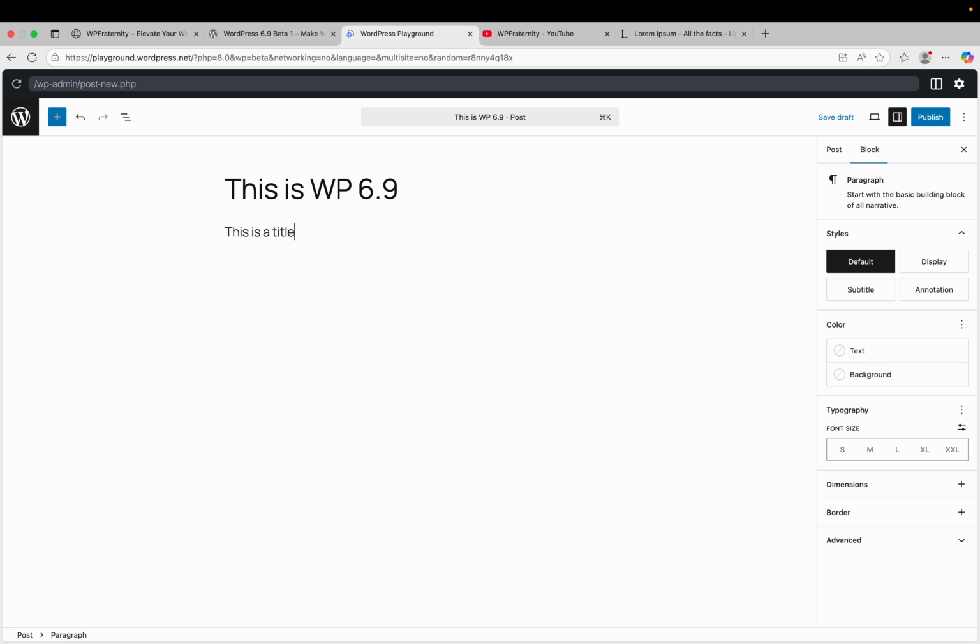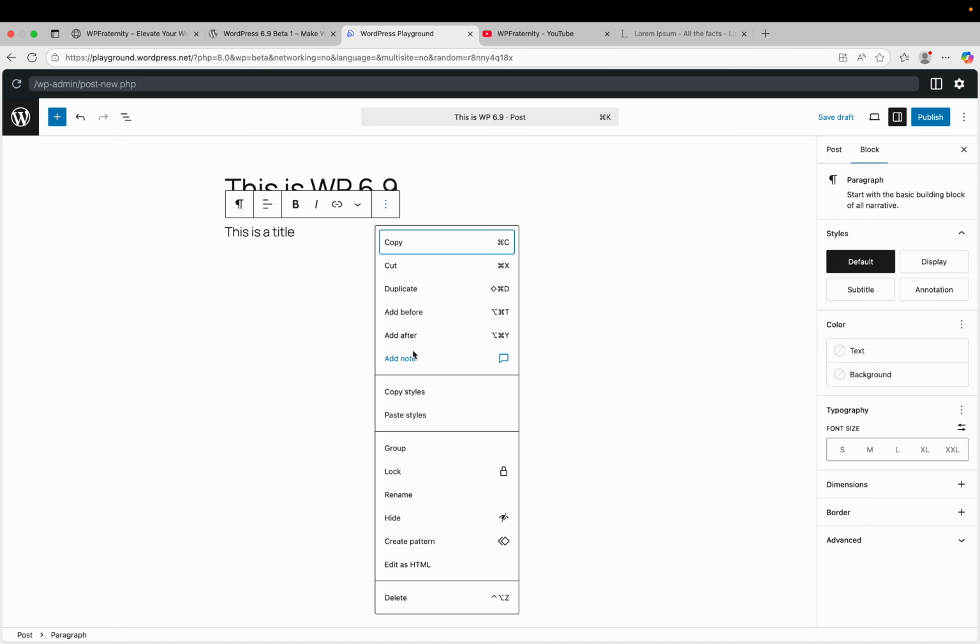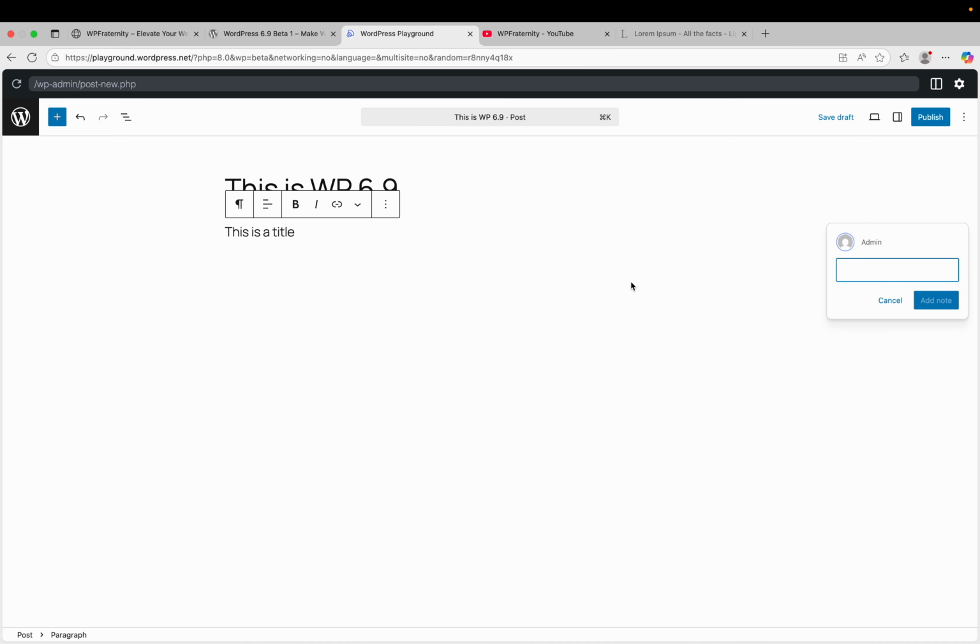One of the most exciting new features in WordPress 6.9 is the ability to leave notes on any block, whether it's a paragraph or image. To get that note, we will click this three dot icon in here and we'll get an option called add note. We can add notes, for example, change the title,